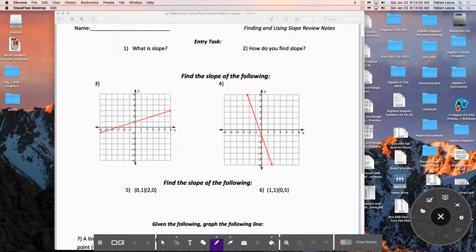All right, guys, so today we're just going to take a day to review what we've been working on with slope. I know it says review notes, but I've left those notes to be consistent and make sure that you understand that these practice problems, at least the notes, are reviewing, going step by step of what I want you to know, is going to be required and is going to be turned into